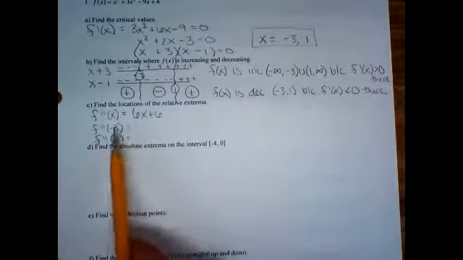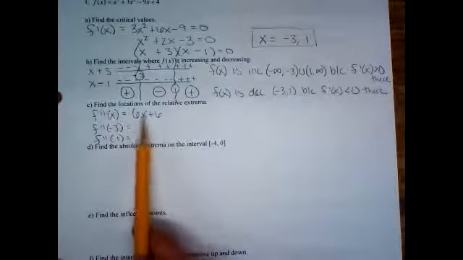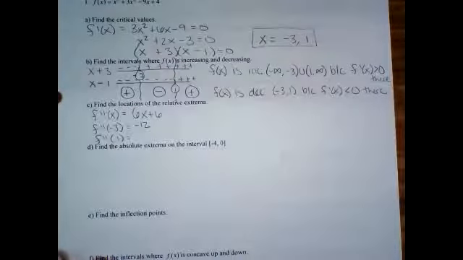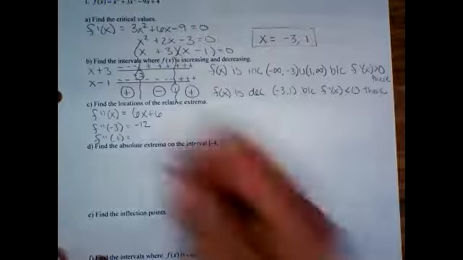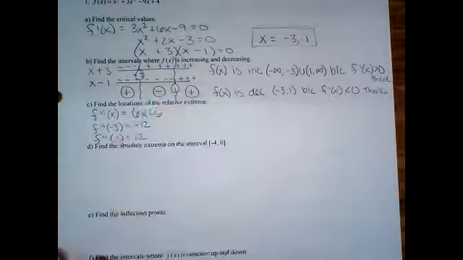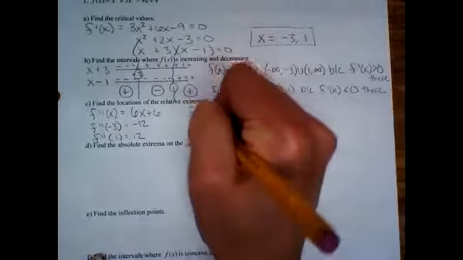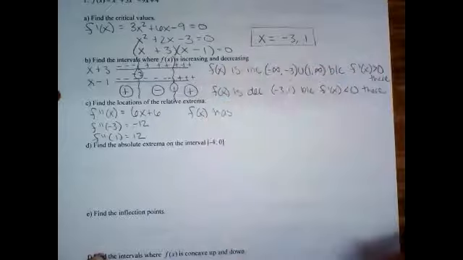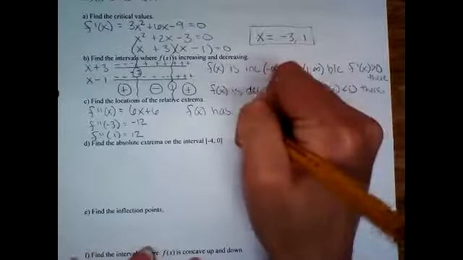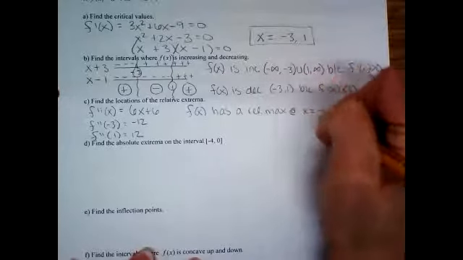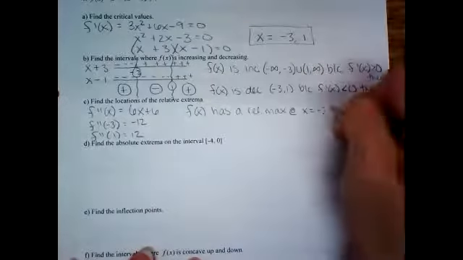So if you plug in -3 to that, what are you going to get? -12. And if you plug in 1, 12, that's kind of interesting. 1 is -12, 1's +12. It actually doesn't matter what the number is. We're just looking at positive or negative, right? So f of x has, remember that's how you want to start your statement, f of x has a relative maximum at x equals -3 because,